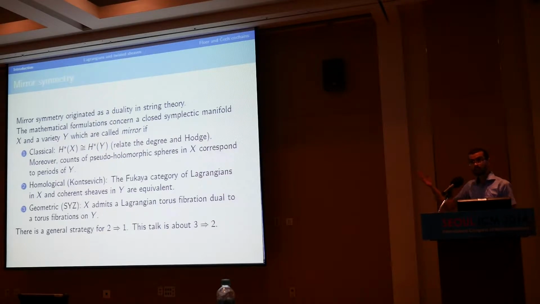Now, this is really just a zeroth step, and you can go beyond that. The next step you encounter involves, from the symplectic point of view, what are called pseudo-holomorphic spheres. Again, I'm not thinking of X as a complex manifold but as a symplectic manifold, so I don't want to say holomorphic spheres. The correct analog is pseudo-holomorphic. And that should correspond to some kind of theory on Y. So you should imagine that Y doesn't come by itself, but in some kind of family. You can take these pseudo-holomorphic spheres and code them in some kind of homological theory, which can then be reproduced on the other side.